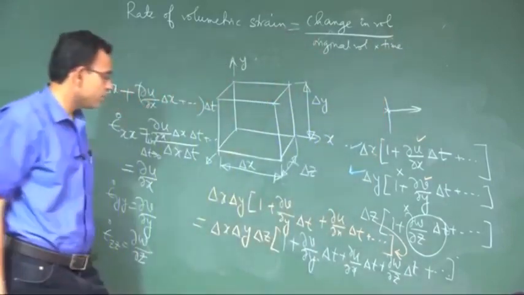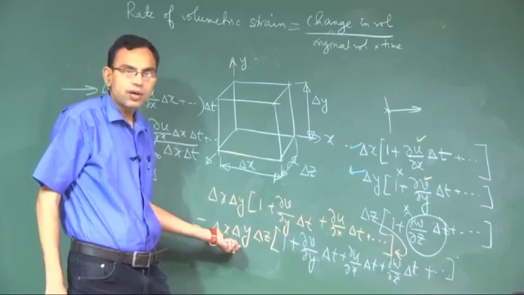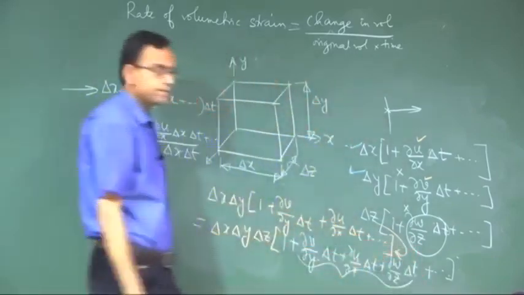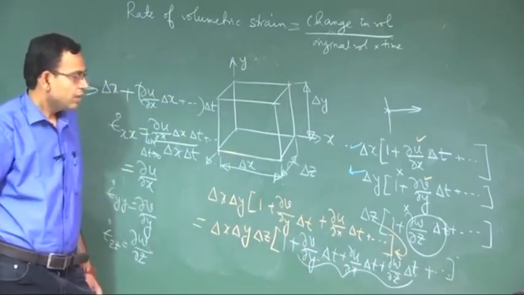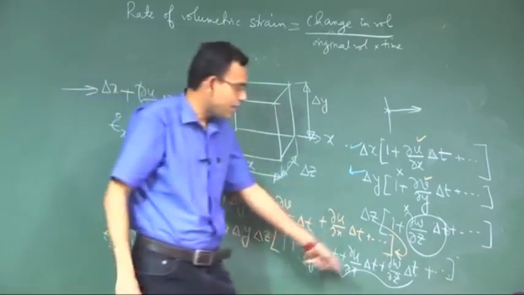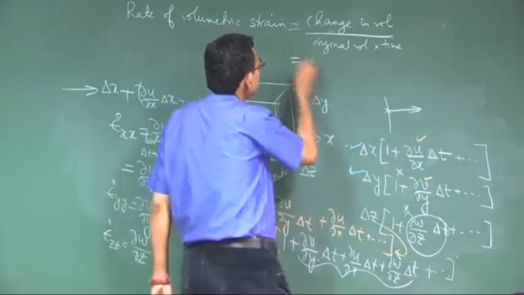So, the change in volume is this minus delta x into delta y into delta z. So, this therefore is there. When you calculate per unit time, that is divide that by time, all other higher order terms will be 0. So, you will be left with